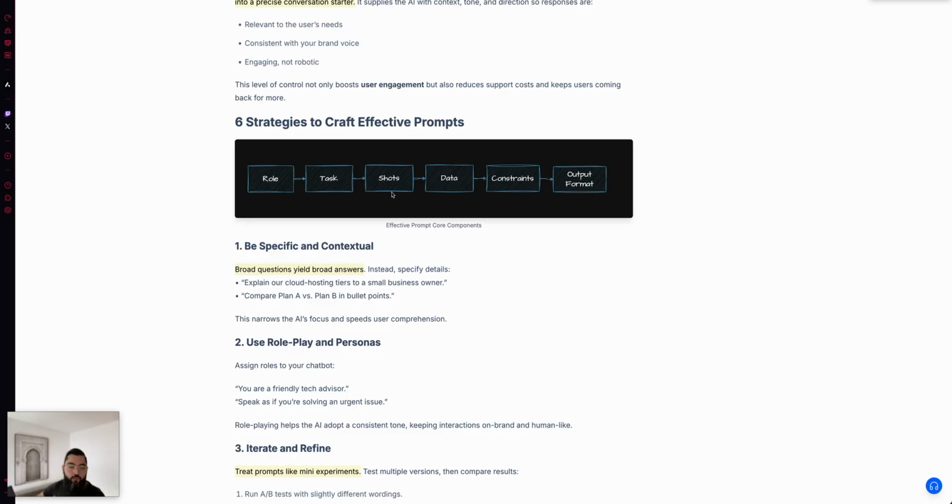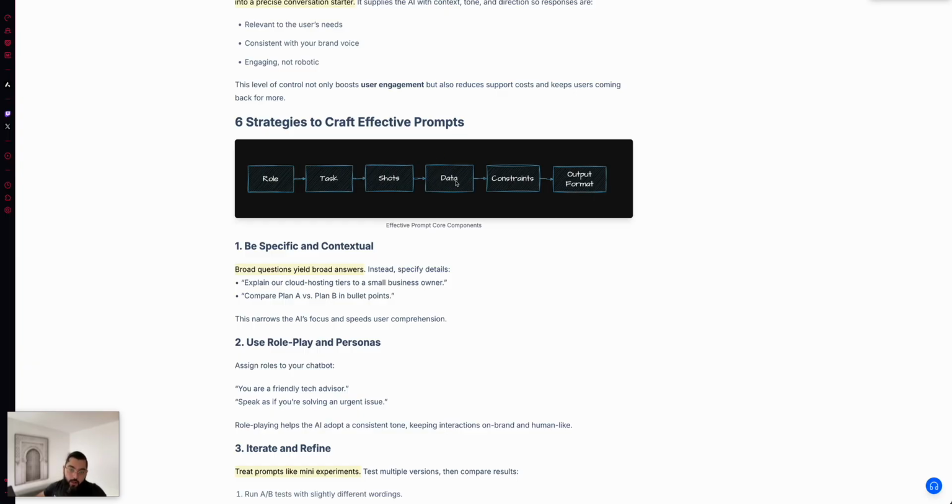This is the task. Shots: for example, we can give a couple of examples. If the question is unrelated, we define a couple of examples of unrelated questions. Answer like, I'm only a legal assistant, I can't help you with that. So this can be a couple of examples we can provide to the model to bring accuracy and provide guardrails.